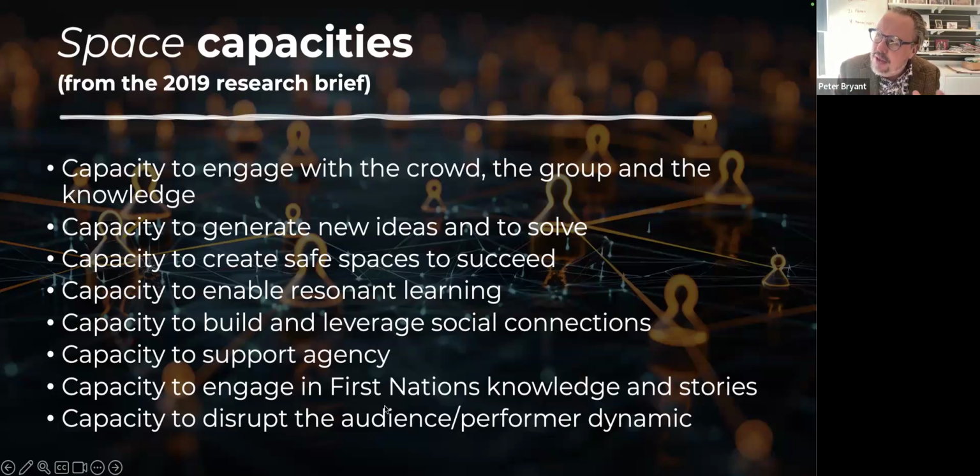But what kind of space when you're doing social science, which isn't as driven by the sort of tactility and physicality that comes from more STEM-based teaching? But in social science, how do you still use space and technology to enable people to make solutions to problems and generate new ideas? The capacity to create safe spaces to succeed.